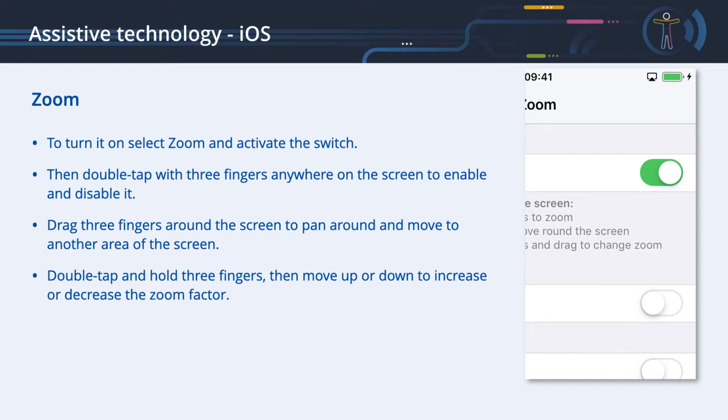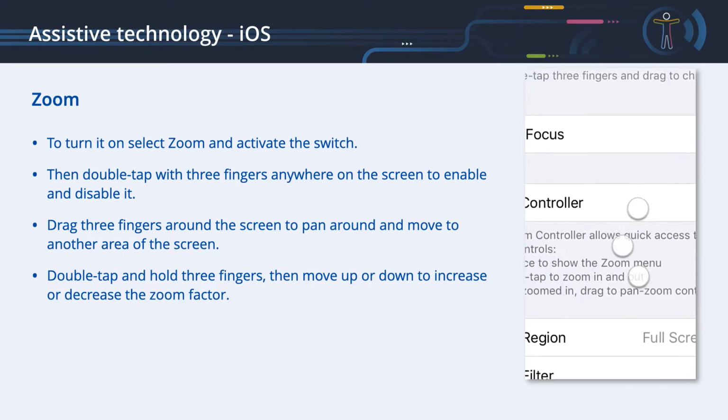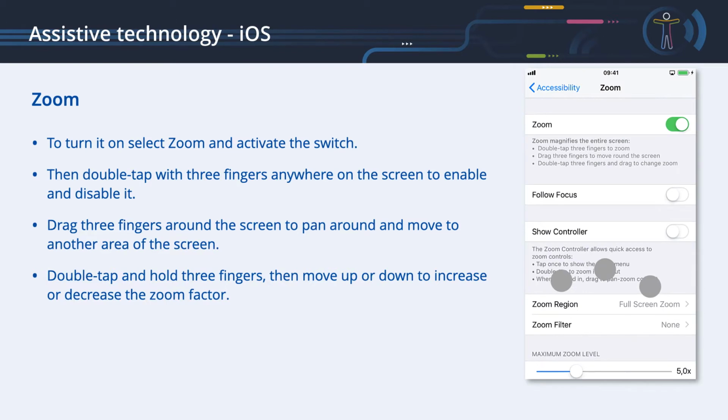Then double-tap with 3 fingers anywhere on the screen to enable and disable it. Drag 3 fingers around the screen to pan around and move to another area of the screen. Double-tap and hold 3 fingers, then move up or down to increase or decrease the zoom factor.